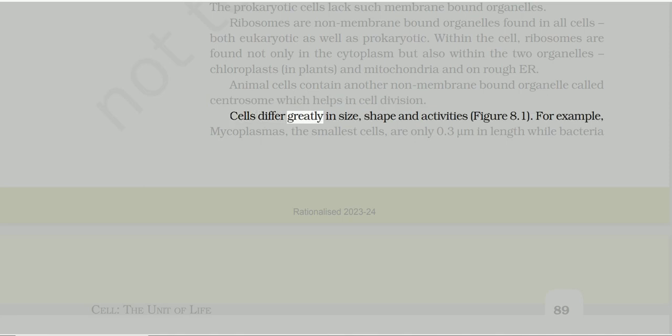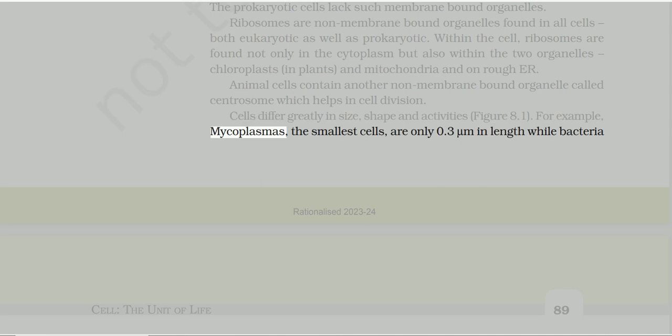Cells differ greatly in size, shape and activities, Figure 8.1. For example, mycoplasmas, the smallest cells, are only 0.3 µm in length, while bacteria